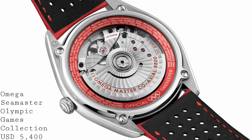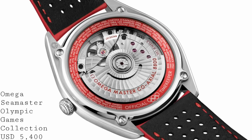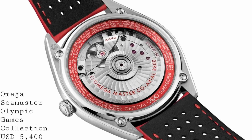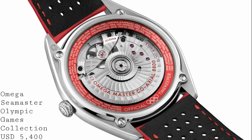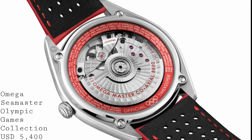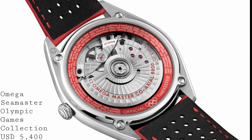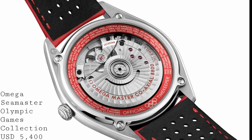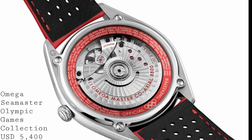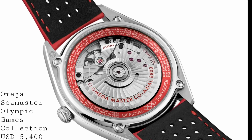slim profile. Internally, the watch is the same standard of movement as you see in all of the higher-end coaxial Omegas, so these are fully in-house movements, albeit made by ETA, which feature an 8800 caliber layout, so it's a 7 tick a second or 25,200 vibration per hour movement with 35 joules and a coaxial master chronometer certification, which means that it's both extremely accurate and anti-magnetic to 15,000 Gauss, with a fantastic view through the exhibition caseback of the movement itself, with a ring of the various dates of the various Olympics moving on into the future and